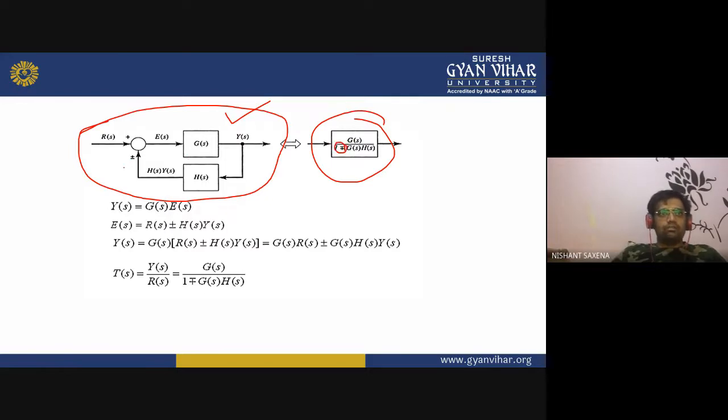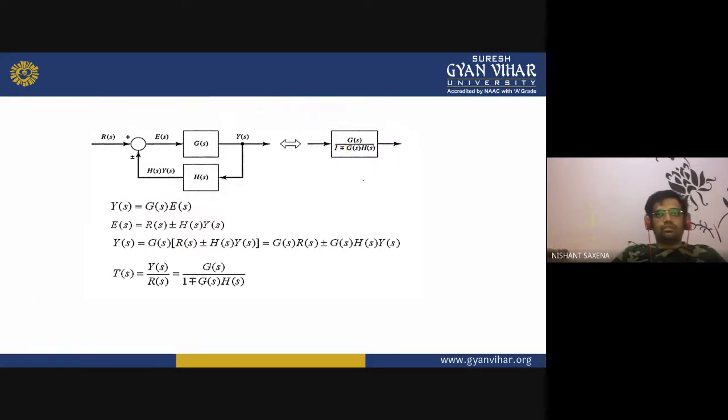Why? Because when we are giving the negative polarity over here, then the plus sign will come over there. When we are giving the positive polarity over here, it will give you the negative sign. So when we are having plus minus in the feedback path, then we will be having minus plus in this equation. So this has to be remembered. Don't get confused in this one. Most of the students make mistakes in this only, so always avoid such silly mistakes.